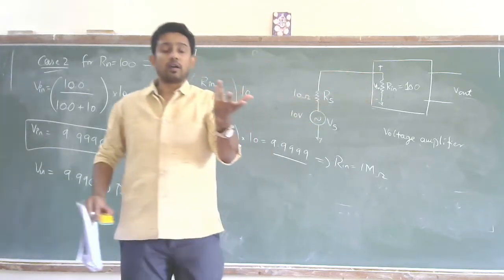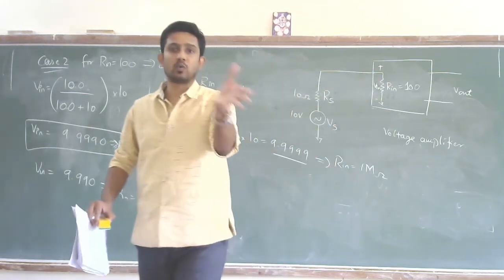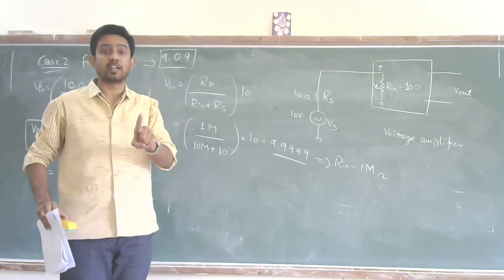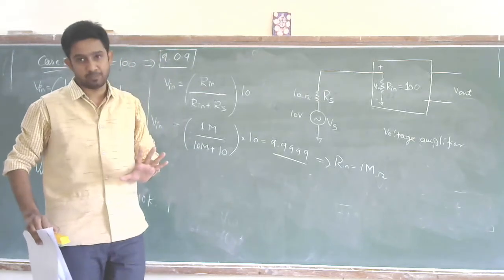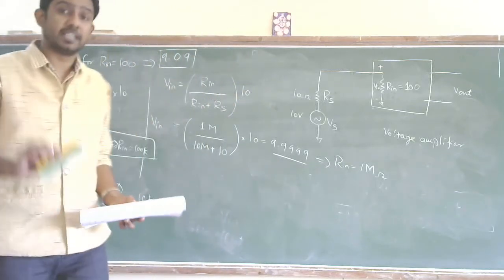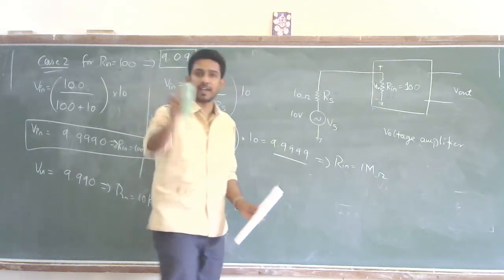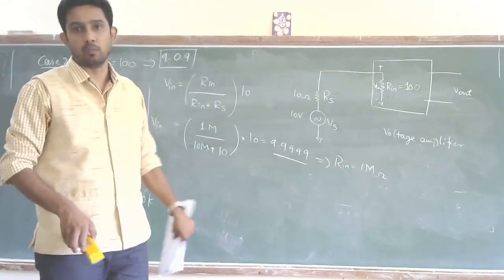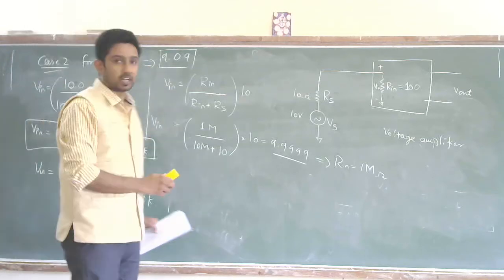And since the op amp is also a voltage amplifier, and this is also a voltage amplifier circuit I took, the same analogy applies there too. Hence, I say that for an op amp, the input resistance ideally should be infinite, practically should be very, very large. I have taken 10 mega ohm here, you can take 100 mega ohms, 1000 mega ohms. So I claim that for an op amp the input resistance should be very high and should not be low. So this proves that Rin should be very, very high. I hope this concept is clear now.